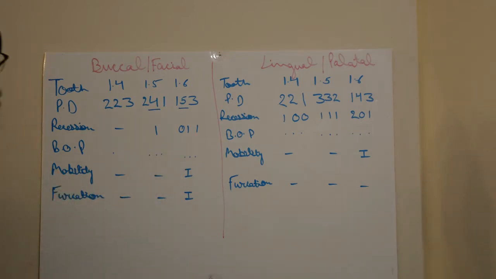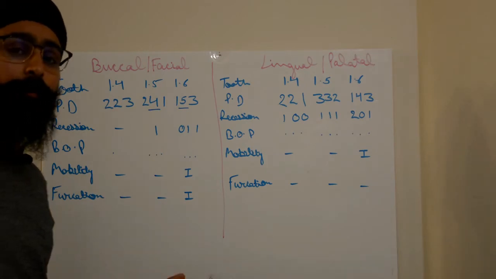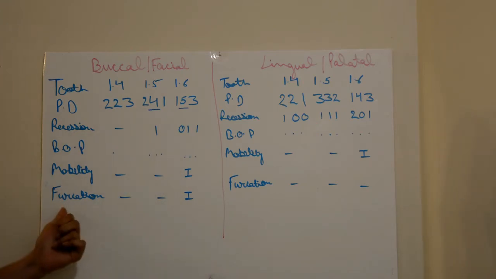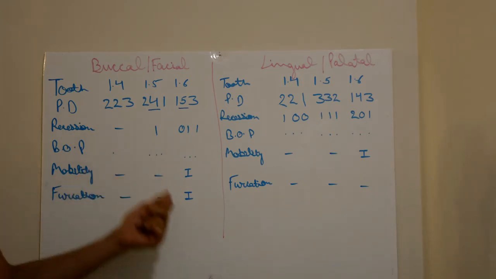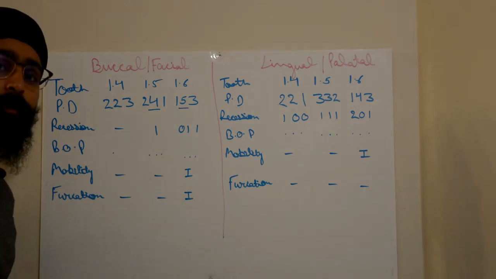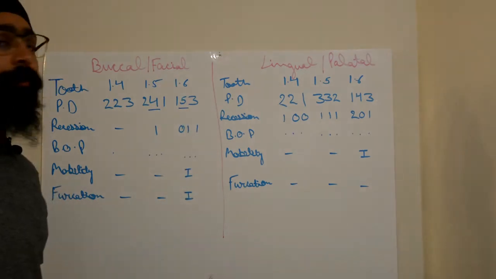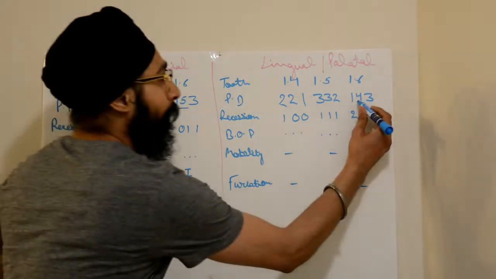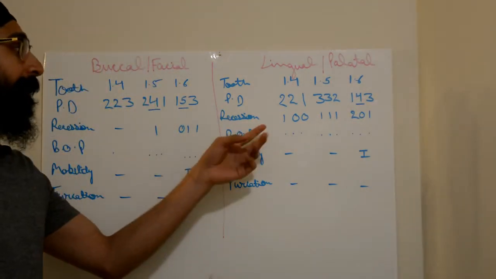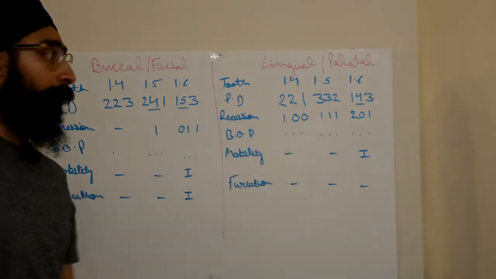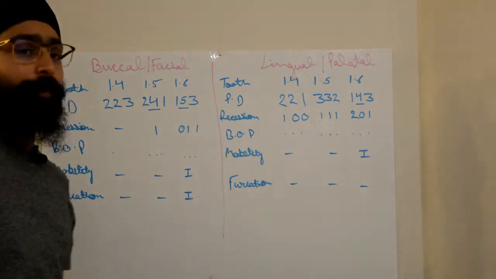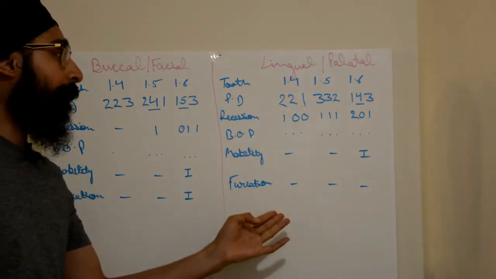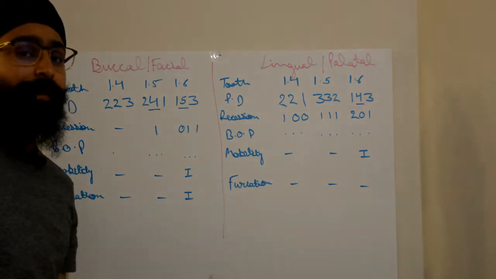Now is mobility. As we all know, mobility is of 4 types: grade 0, 1, 2 and 3. In case of 1.6, there is grade 1 mobility present, then there is furcation involvement. In case of 1.6, grade 1 furcation involvement is there. Then on the lingual surface, you already know: 2, 2, 1, 3, 3, 2, 1, 4, 3. The 4 here is not normal. Recession is 1, 0, 0, 1, 1, 1, 2, 0, 1. Bleeding on probing is present everywhere. Mobility grade 1 is present on the 1.6, and there is no furcation involvement on the palatal side.